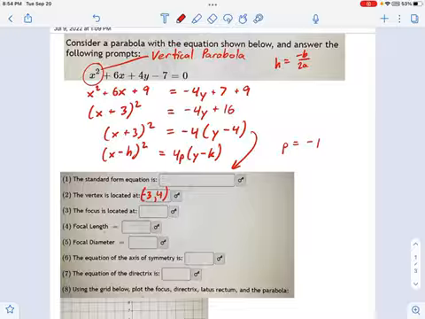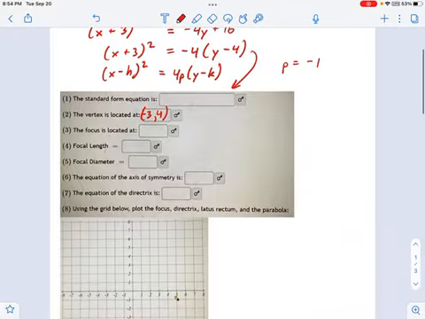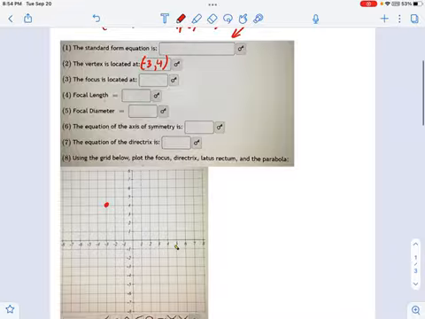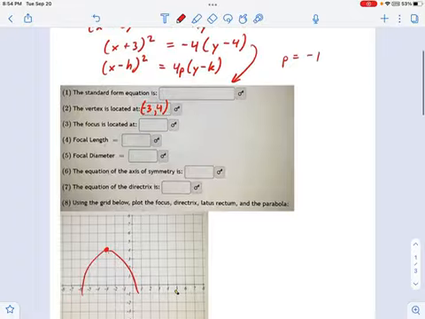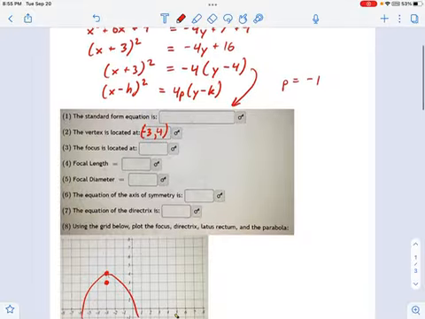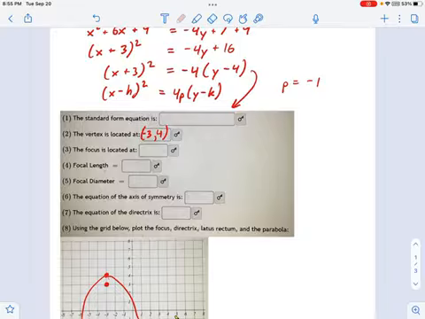That means if I have a vertical parabola with a vertex at negative 3 comma 4, where am I looking at here? That's like about here. There's the vertex. And because it's a vertical parabola, it has to open up or down. Well, this negative value on p means we're going down. So it's going to look something like this, right? We'll get a little better sketch in a few minutes. Now the focus is located kind of on the inside portion, somewhere in here, right? The parabola has to wrap around the focus. Since p is negative 1, that's going to place the focus exactly 1 unit down from the vertex. So that's a start. I don't exactly know the shape of this parabola yet, but that's a pretty good start.